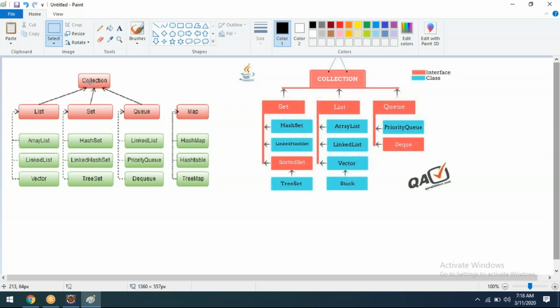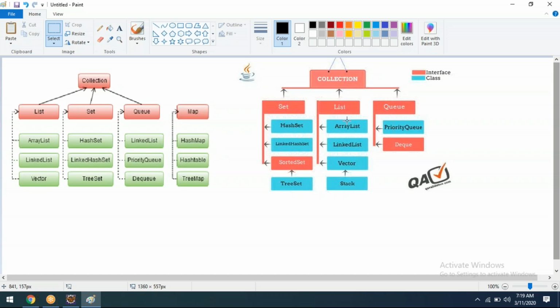Then list is there, set is there. I'm talking about within the collection. After these two are completed, we'll go for the map. Now we'll go for the list first, then the set. Within the list, if you observe, how many classes are there? On the right side, 4 classes are there, but here 3 classes are there.